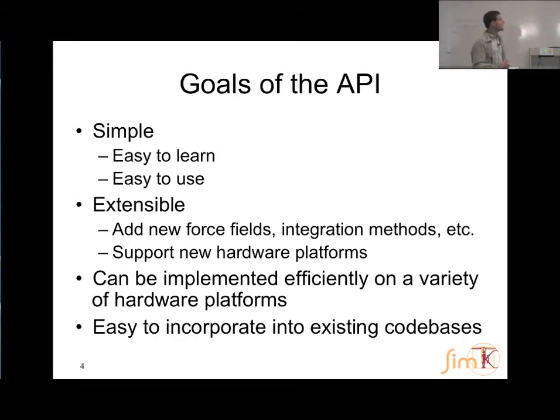It's very important that it can be implemented efficiently on a variety of hardware platforms. This actually is a very non-trivial thing to do because different types of hardware are very, very different from each other. And it would be very, very easy to create an interface that was simply impossible to implement efficiently on some types of hardware, because we wanted to support everything from single core, single CPU cores,